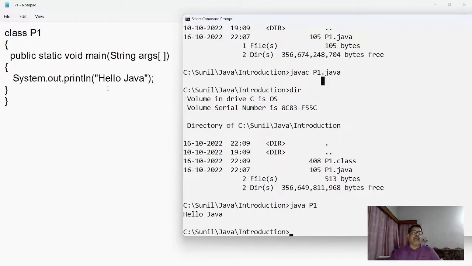Yes. And write this hello Java. It is known as a message, a string, and this string must be written inside a pair of double quotation marks. If you have opened one double quotation mark and it is not closed properly, 100% the compiler will complain.